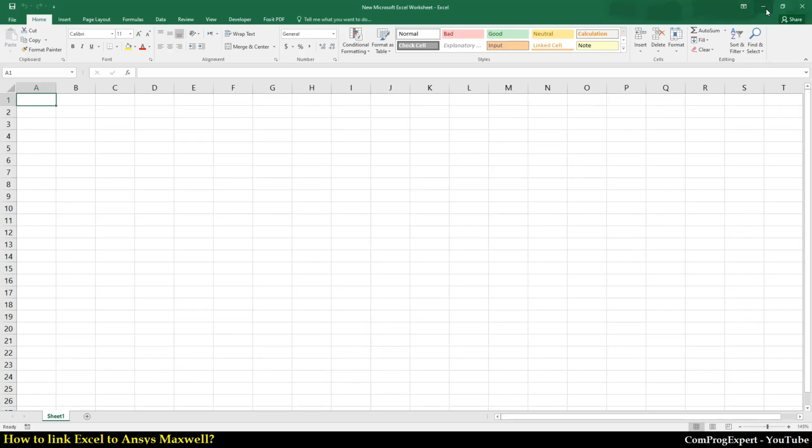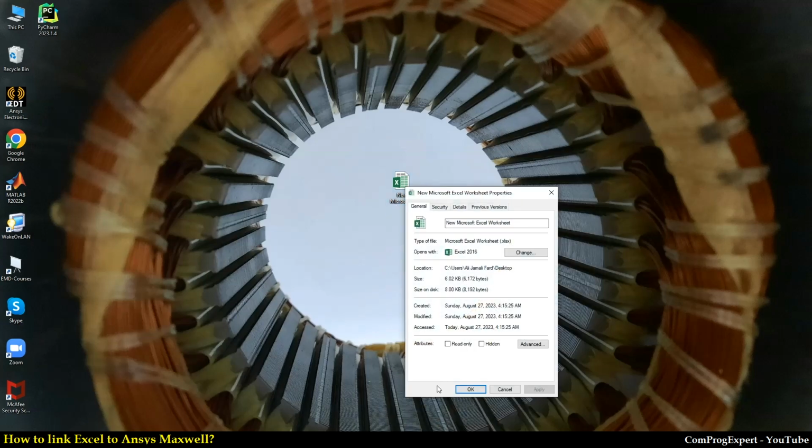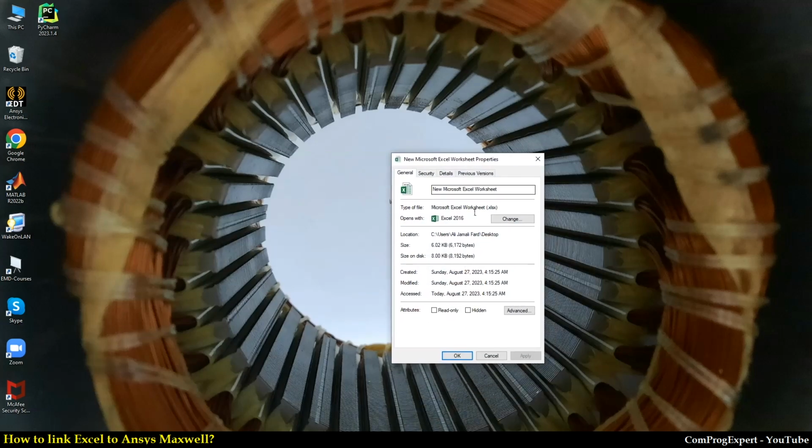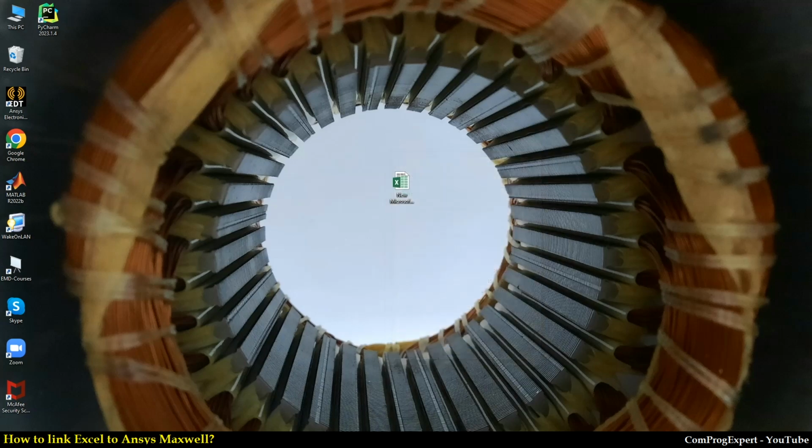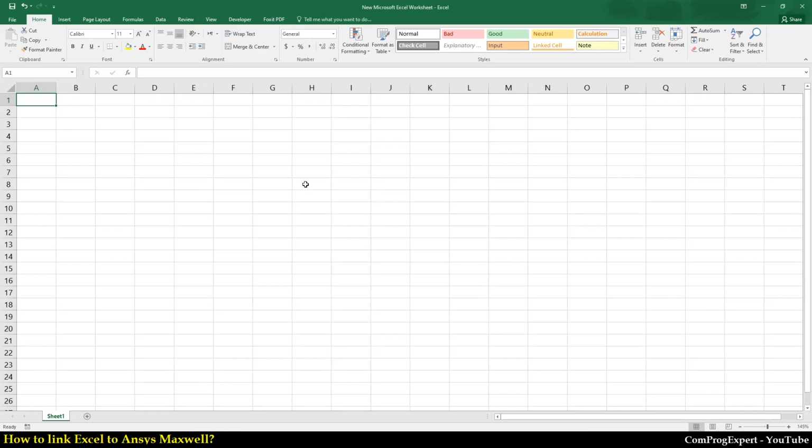So first of all, as you can see, the extension of this worksheet is .xlsx. In the first step, we need to change the extension, and we should use a macro enabled